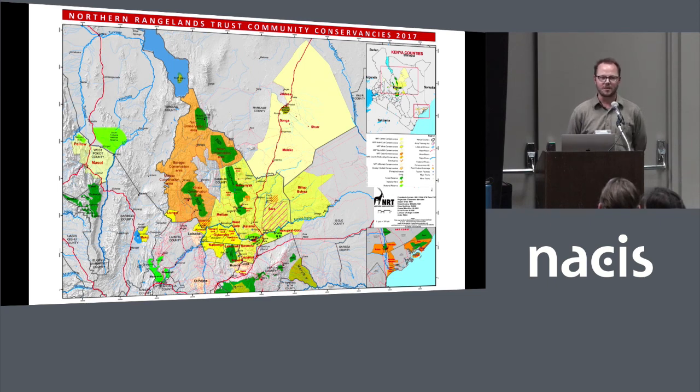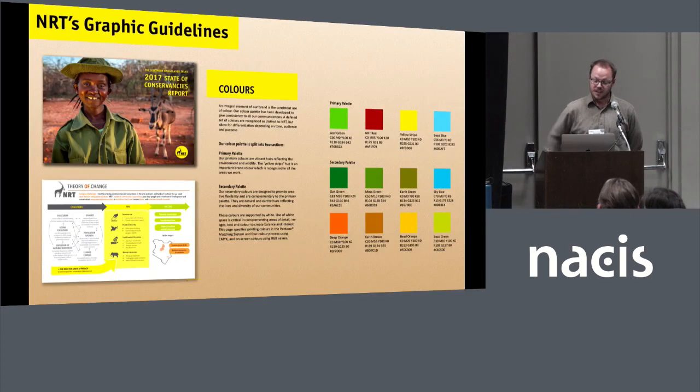maybe up to snuff for a lot of people at this conference, it still does show that they're doing a lot of hard work to collect data and ensure that they're building a good database of not only infrastructure data but also migration and wildlife and conflict data. So they're doing really good things. They just needed a little help on the cartographic side. So I was really excited when I found